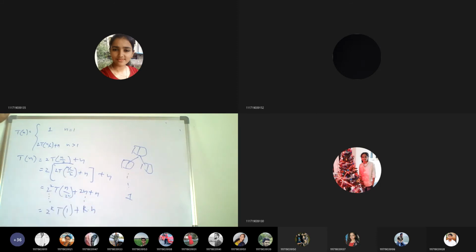In general I am writing it as kn, so this I could write as 3n, no? In place of 3 I am writing k. Okay, so this recurrence relation, whatever we are writing, I'll just write it above. So what we got is 2 power k T of 1 plus kn.